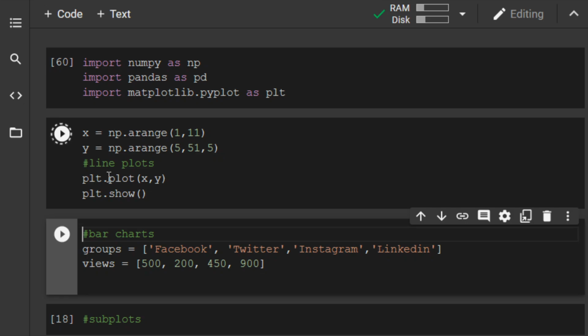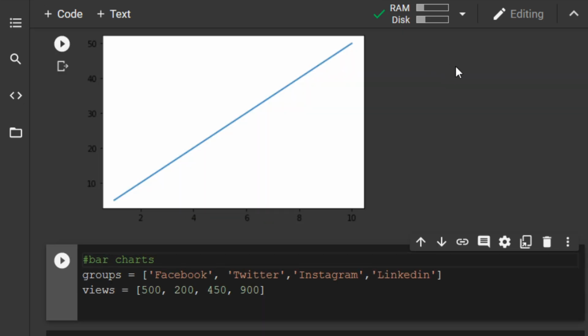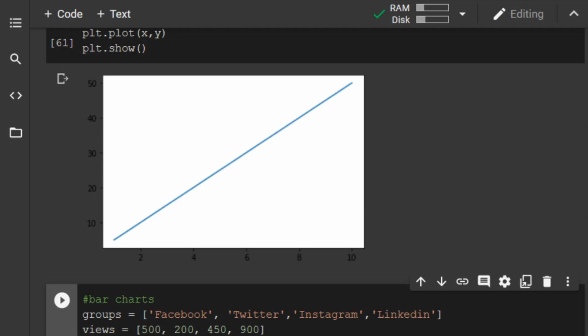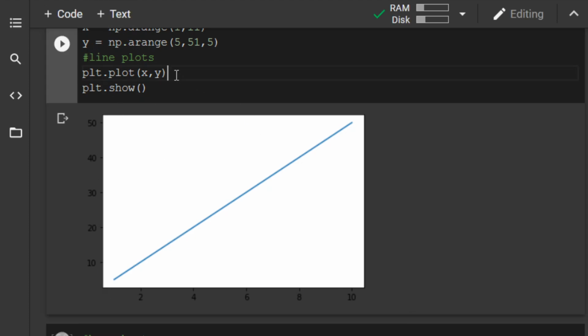Then if we run this, yes, we have our plot now. Yes, this is our plot. We have the x on the x axis here, and we have our y on the y axis. But this plot seems plain. Let's add some more